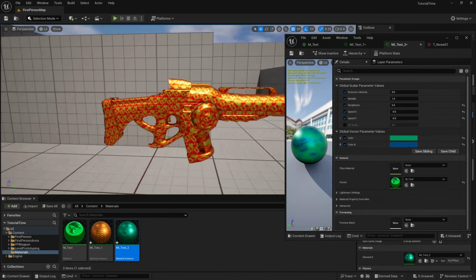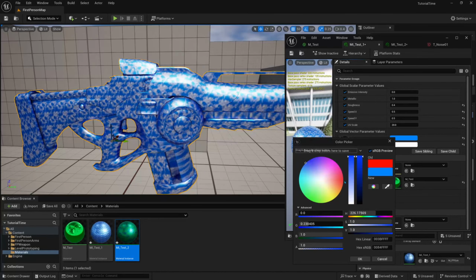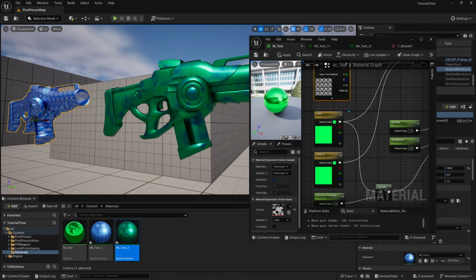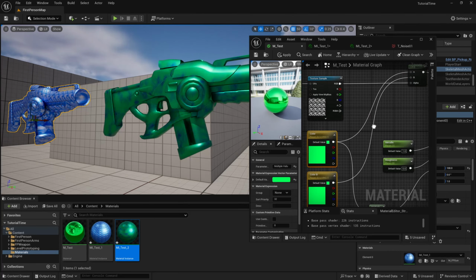Oh, this one looks pretty cool. Let's still open it and change some of the stuff. We can try white and like bluish. All right, now that we've seen how to use a texture to interpolate between two color inputs, we can also